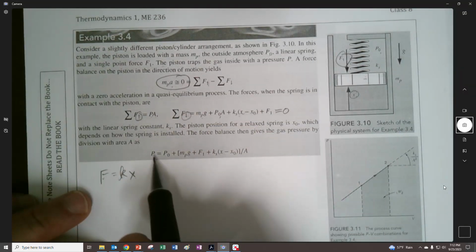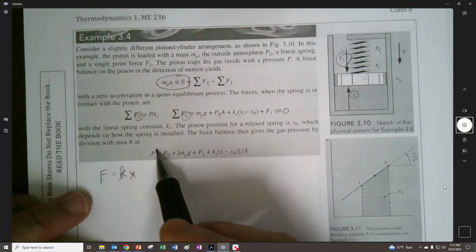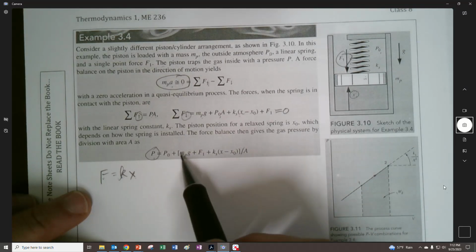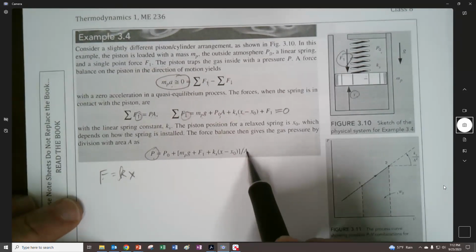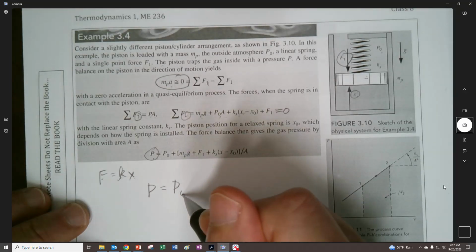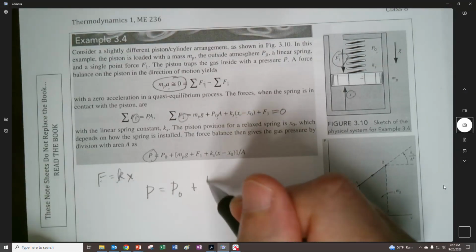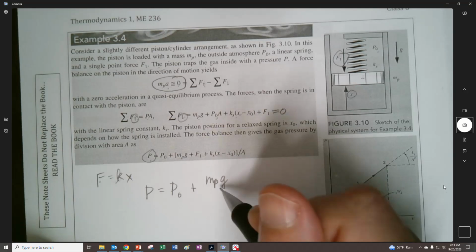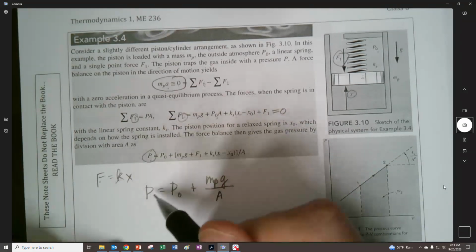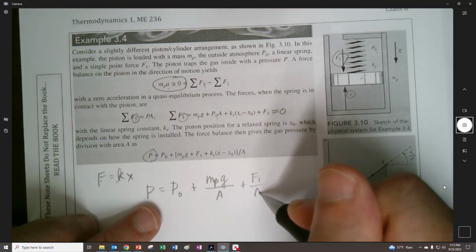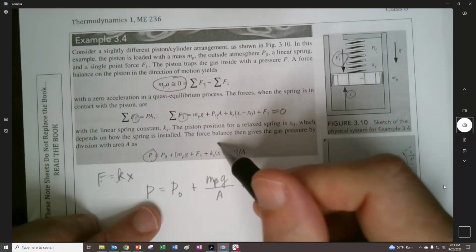And so right here, we were able to establish, if we wanted to, a pressure, right? So here's a pressure that's built out of all of these parts, right? And you showed that it's dividing this force by this area. So we could write that out individually. Here's the atmospheric pressure plus MP times g. It's the weight divided by the area. So we're going to turn these into a pressure. And we also have this external force of some sort. And then we can also turn this into